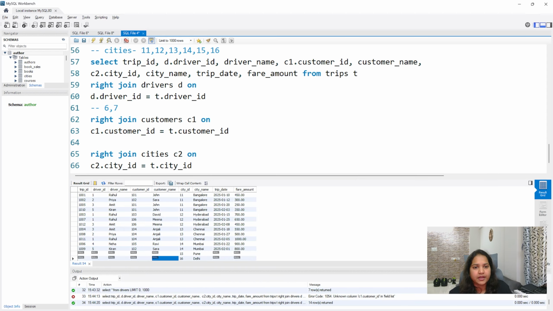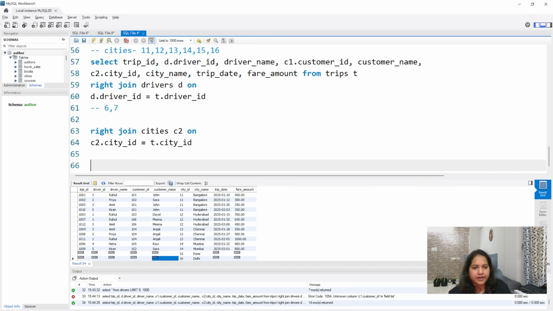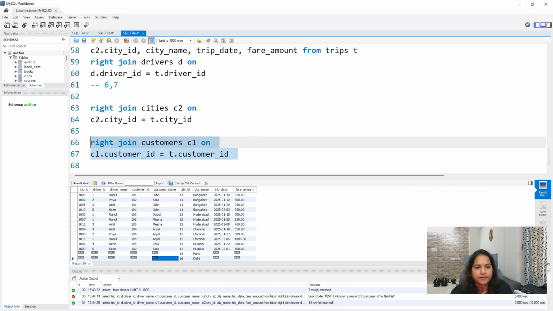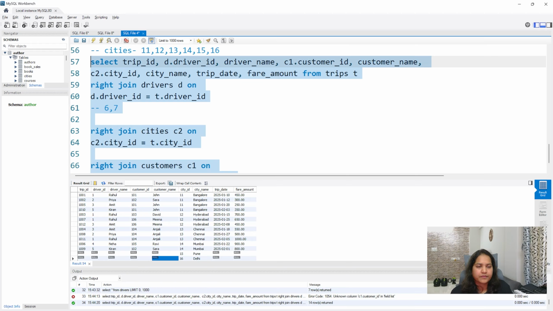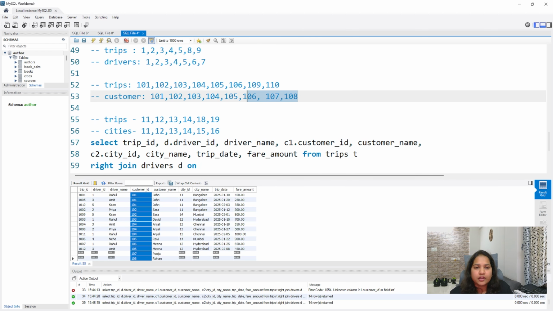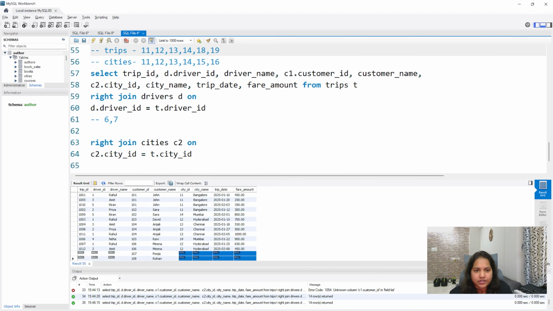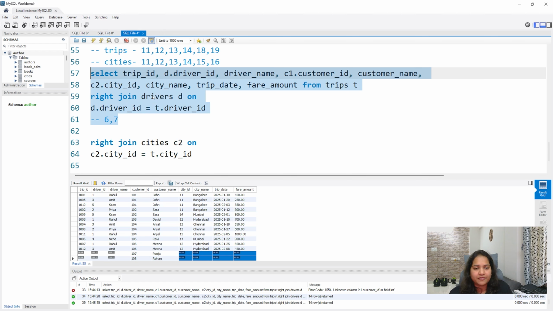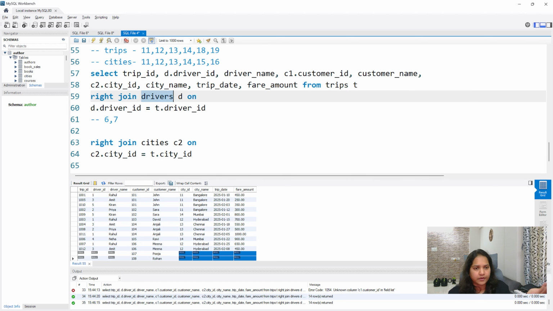Instead of this, if I write this one, let us see what will happen. If you see now, the city ID column is getting nulls here and here. But in the customers column, there are no nulls. In customer ID, you have 1, 2, 3, 4, 5, 6, 7, 8, and all of these are coming. Wherever there is null, those are not coming, because your first right join will give you all the records from the right table, which is the drivers table. If there are matching records, it will give them. If not, it will give null, like 6 and 7 will get null.